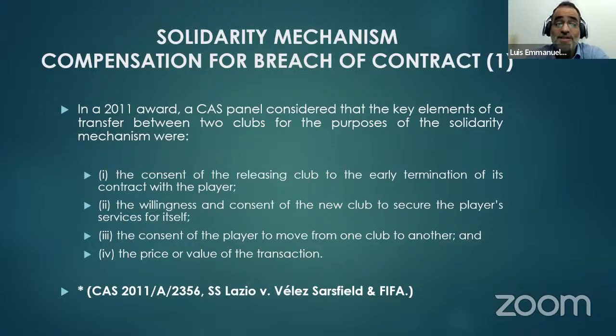Okay. Now we're going to see a different scenario, somewhat different. It's very similar in the sense that there is a breach of contract, but there's no settlement agreement between the two clubs. The consequences are a lot different. So, in the CAS Award